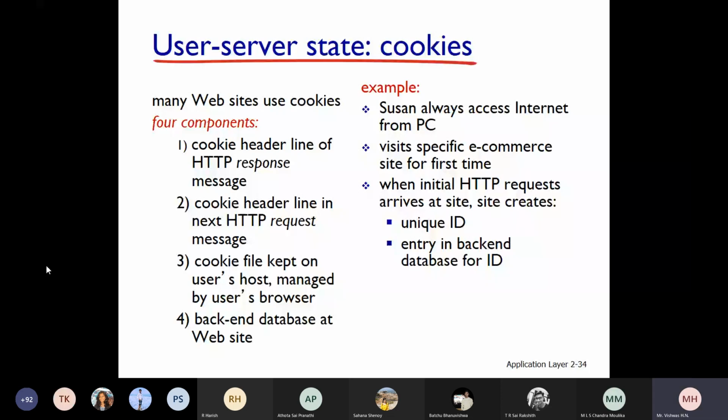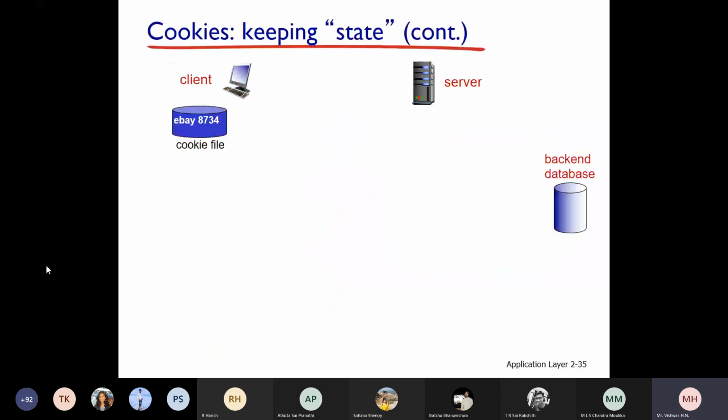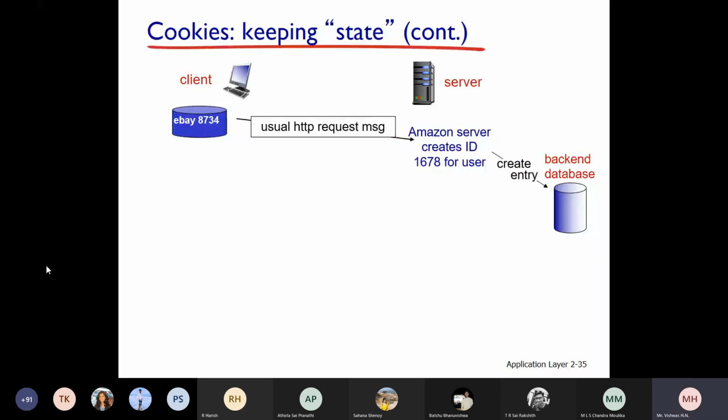Okay, so a client is basically trying to reach a server, which is an eBay server. A usual HTTP message goes to the server. So forget about this eBay. That is a cookie which is already there in the client's machine.